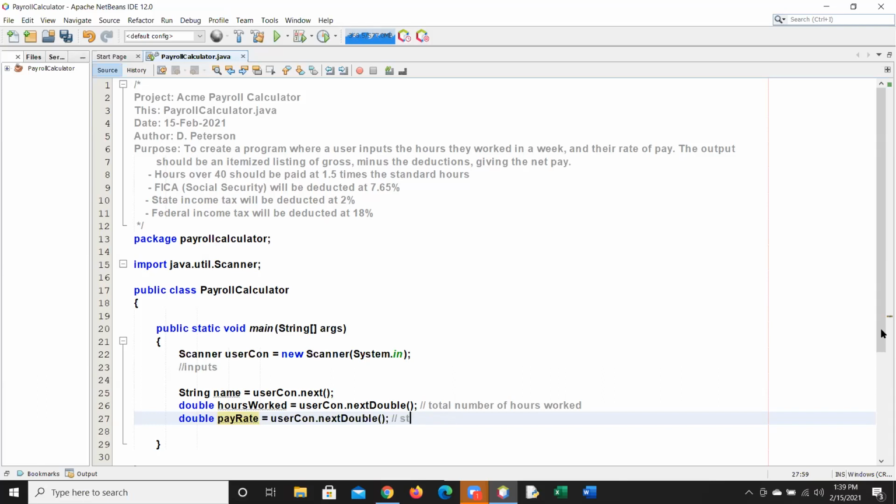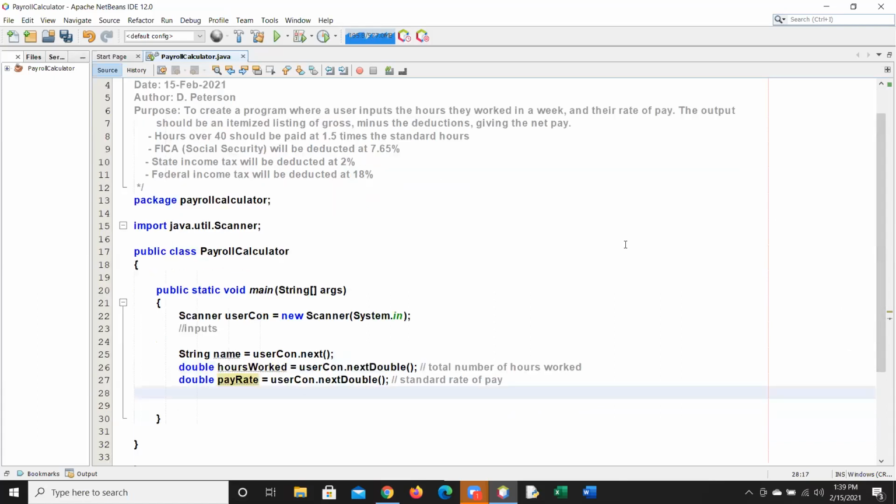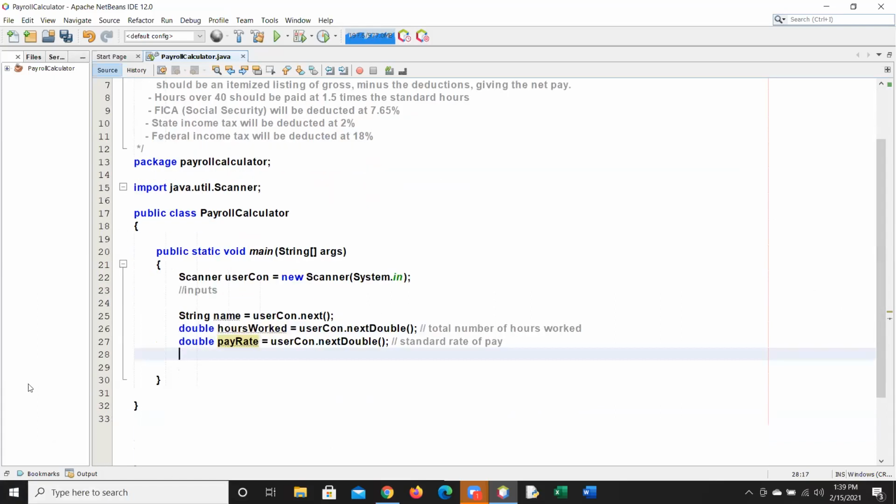I'll make it standard. Okay, so there's all my inputs, except for